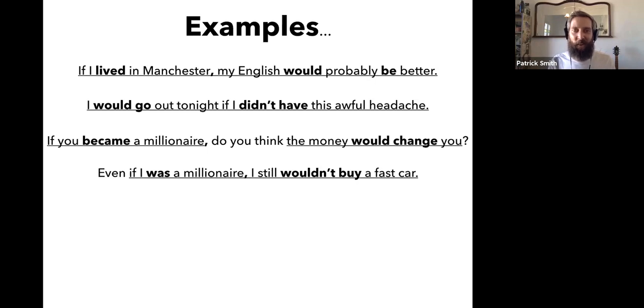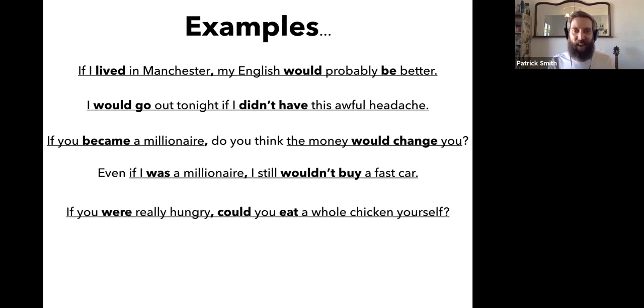All right, great. We're getting a bit more technical now. Okay, so the next one's a question. If you were really hungry, could you eat a whole chicken yourself? Again, a nice instructive example, and I think it's a nice instructive example because this is the only conditional on this slide where you don't see the word would. All the other conditionals had the word would, second conditionals. So can, the modal verb can,